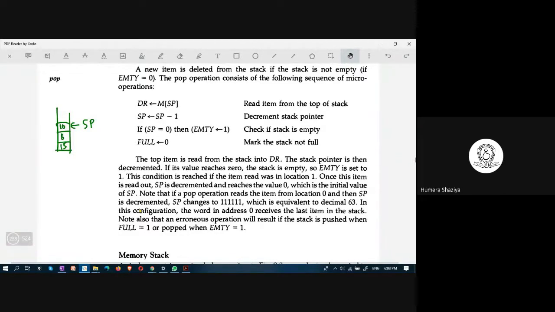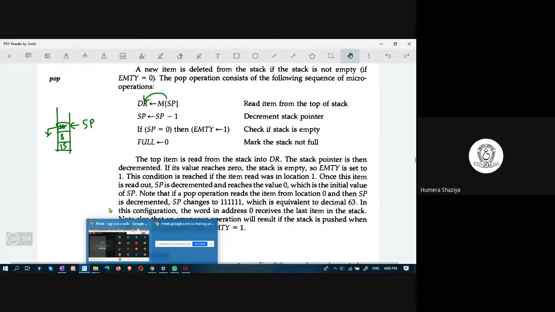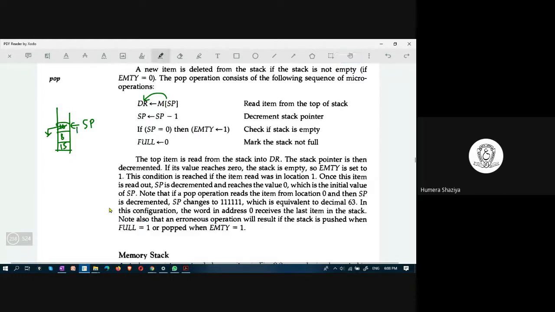So that you are copying into DR. Subsequently, you are decrementing. After you retrieve this value, it is like you have popped this element. After you pop this element, you have to decrement the stack pointer.